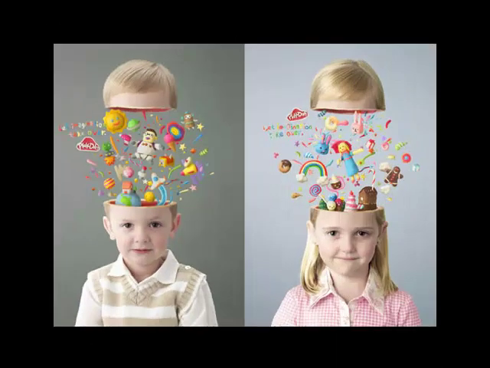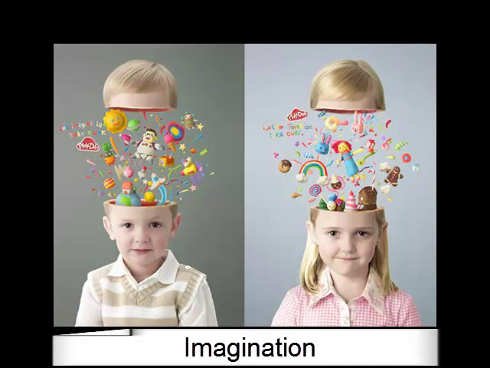The first area is imagination. Now, this is the ability to think about things that aren't real. Kids with Asperger's tend not to be interested in games that involve pretending to be something else or to be someone else, for example, cops and robbers. Some children with Asperger's can be very interested in things that aren't interesting to other children, and also can be very interested in activities that exclude social interaction. And they also may like collecting items that seem very dull or boring or unusual to others.